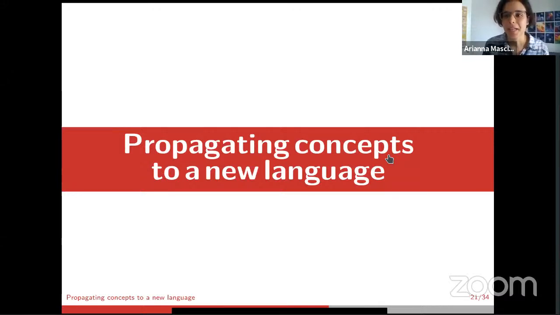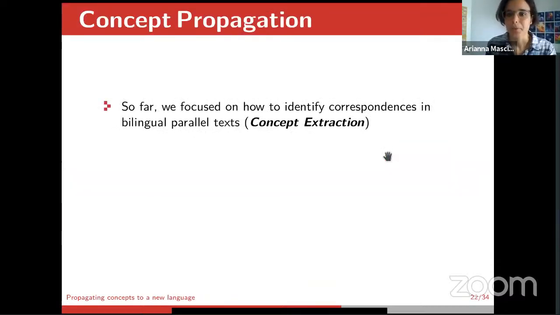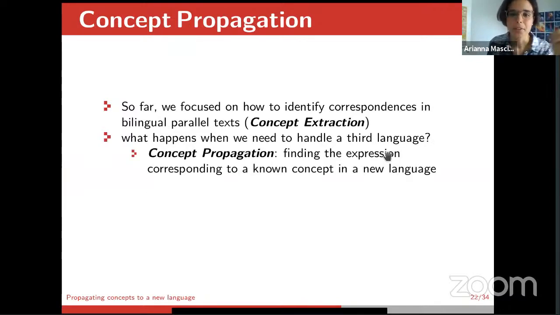But so far we have only talked about bilingual corpora, bilingual cases. Let's say that we are designing this machine translation system for 2 languages, let's say to translate from English to Italian and vice versa. But then at some point, suddenly we have to handle a 3rd language, let's say Swedish. How do we do that? What I described so far is what I refer to as concept extraction. And now we dive into concept propagation, which means we already know some concept,